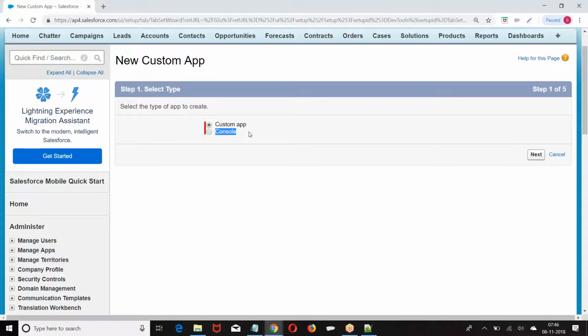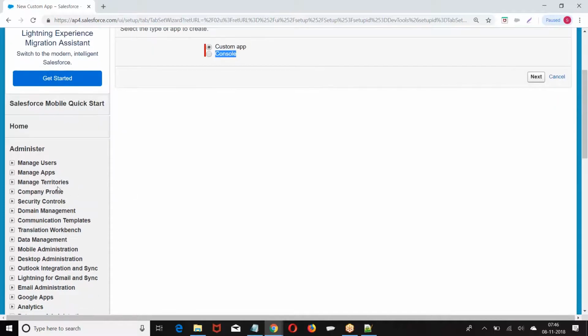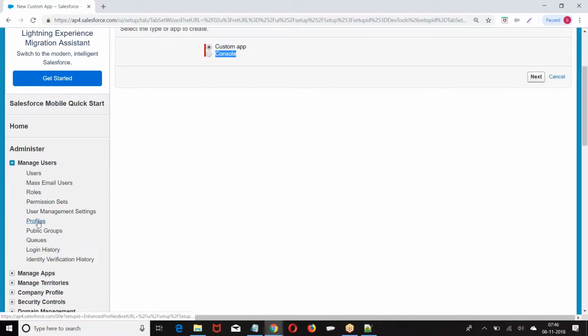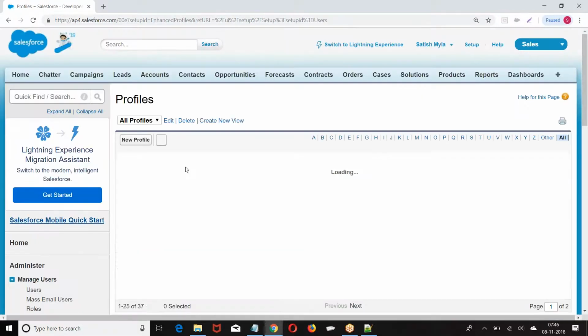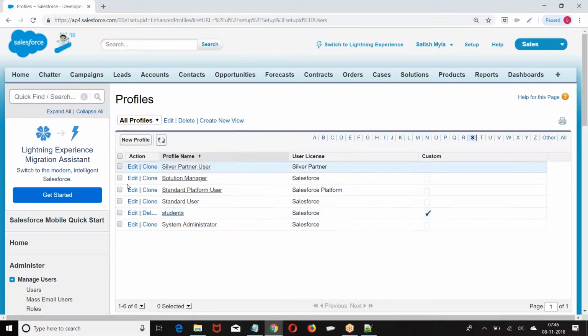Console app means everything that you open will be open in a new tab. Let me show an example for you. Just show a demo of console app.